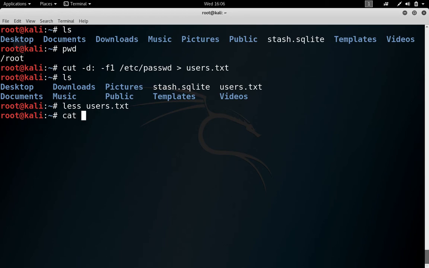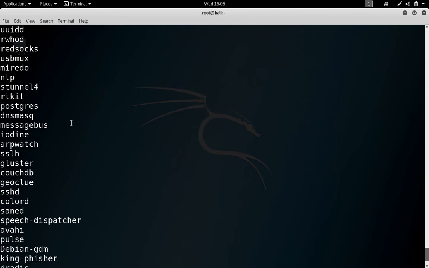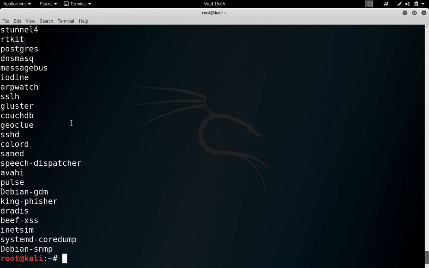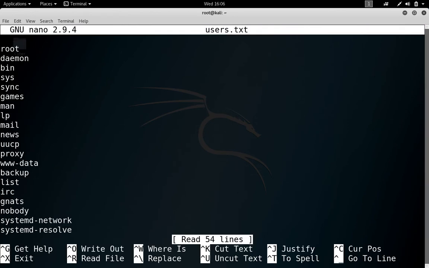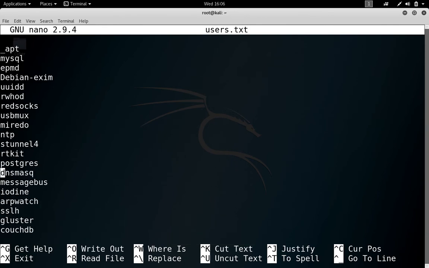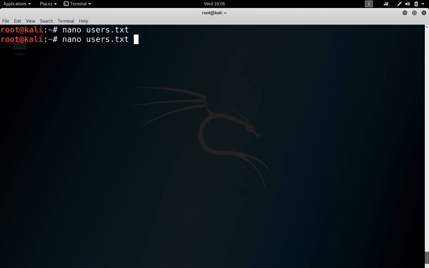You can also use the cat command. You already know this command, and here you have all the users. You can also use the nano command to see that file, and you can see these are all the users. You can also use other fields. Let us suppose you want the second field.